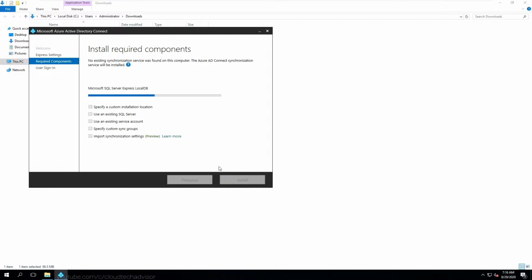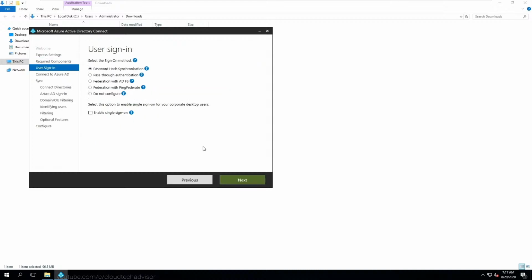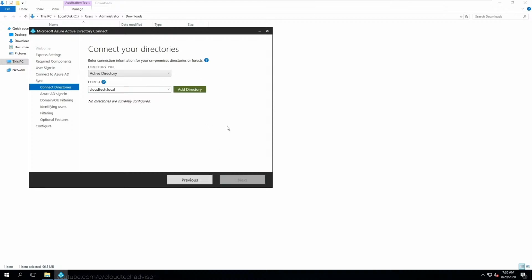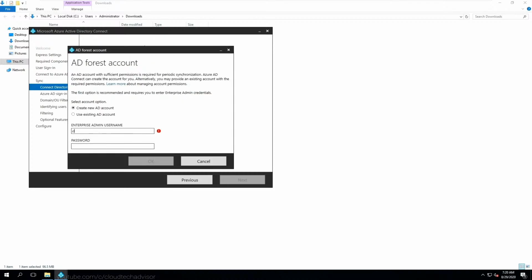After installing the components, you will be asked to select the sign-in method. For this demo, I will choose password hash synchronization and will go next to connect to Azure Active Directory. On this step, you will need an Azure account that has a role of global administrator. Then we need to connect to the on-premise Active Directory as well with the main account that is a member